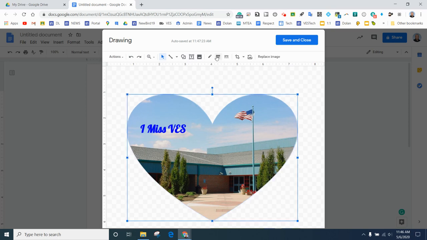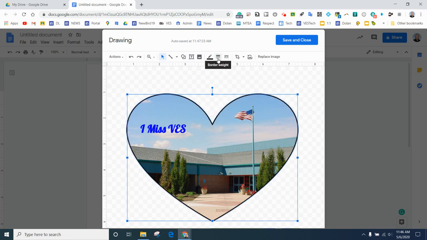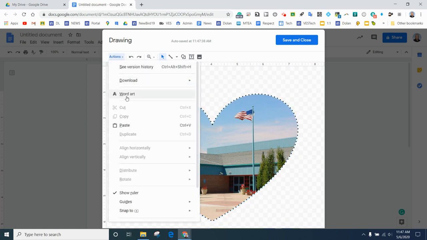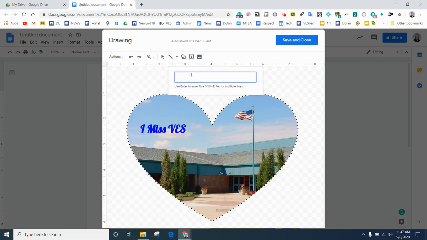There's also other features if I want to experiment. There's a border. If I want to add a border around my picture, there's different styles of borders as well that you can experiment with. And let's see what else we might have. That actually looks pretty good. One other thing you can do under Actions, there's this thing called Word Art. So if you click on that, you can type in your text